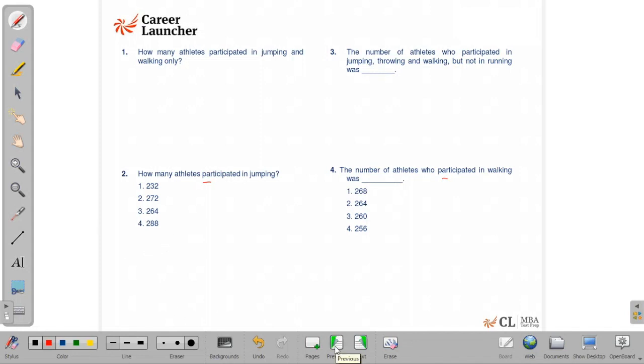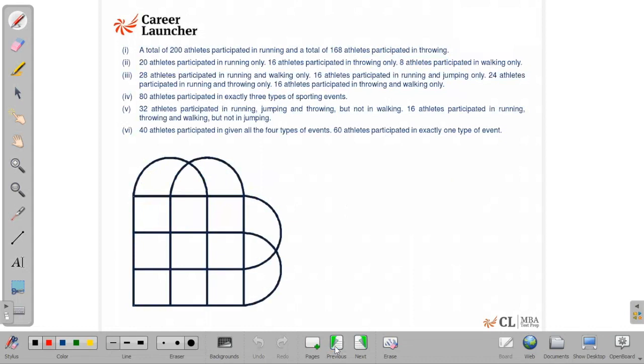But will these be useful? No. How many athletes participate in jumping? I don't think we'll be able to use any of these questions. Okay, so let's get started. What is the total number of athletes in group A? We are talking about 400 people in all. Remember, those 800 are distributed equally.